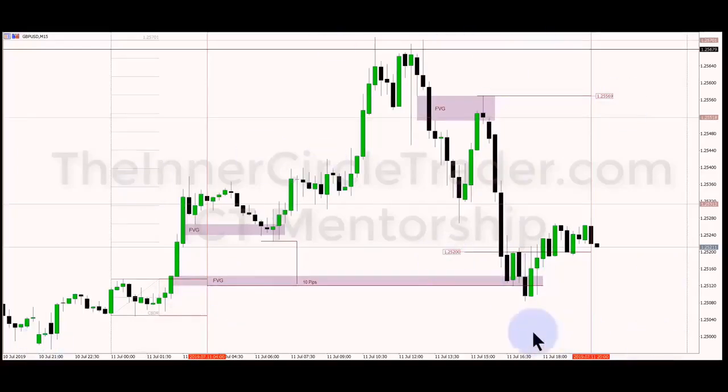Okay, and it's also, if you look at it, a market maker sell model. We have the original consolidation, price rise away, reaccumulation, smart money reversal, low risk sell, distribution, that's where my entry was. And then we have another area here where it should, in my mind, offer a level of distribution and run for the lows here for the day. And I think that will be the outcome for tonight. Maybe going into Asia, and we'll see. And that's going to be it for tonight. Hopefully you've found